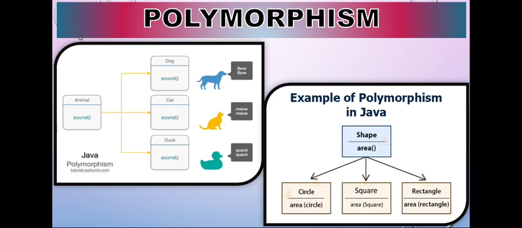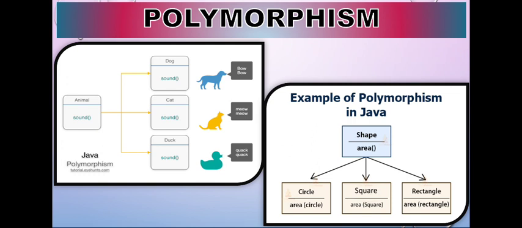Now as input will be given, that area method will be called, and that area method will be overloaded over other methods. That means if I will give a decimal value to area method, then which area method will be called? Now area of circle method will be called. If I will give an integer value to area method, then area of the square will be called. If I will give 2 integer values, then area of rectangle method will be called.